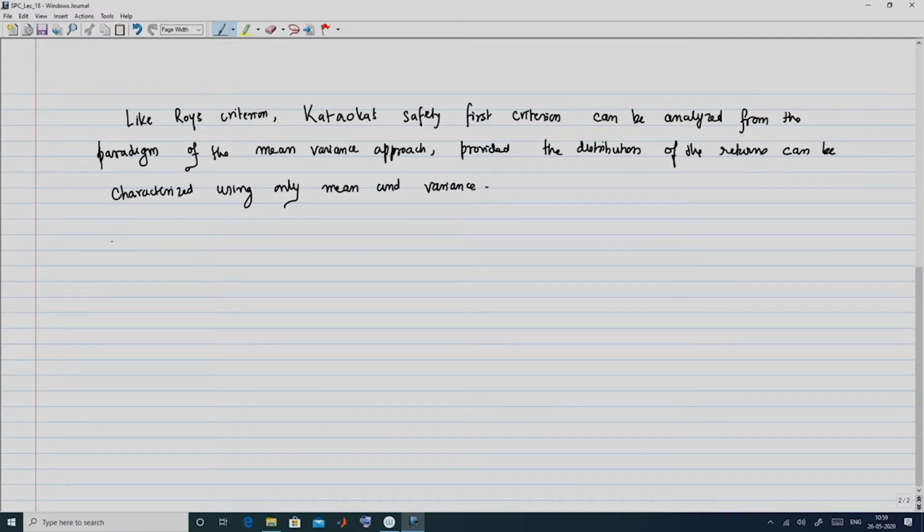Okay, so let us now introduce the notation. So first of all, let me talk about the notation RL. So this is used to denote the insured level of return,